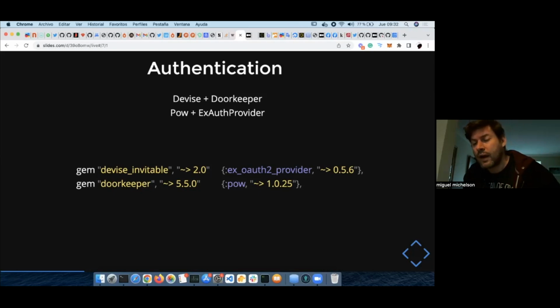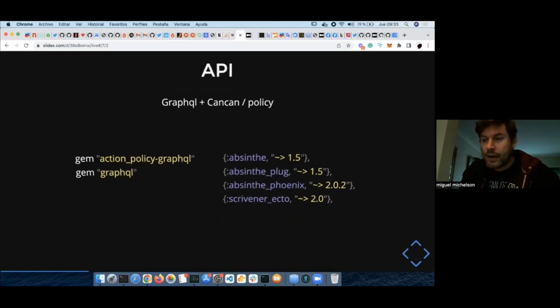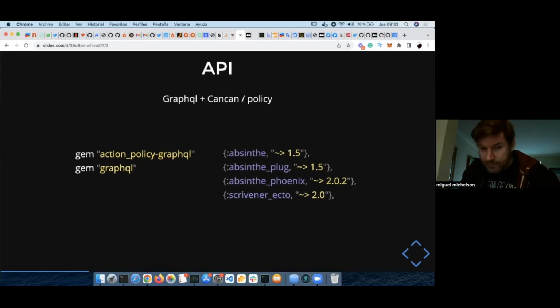This OAuth 2 provider is really important for my application because it allows users to log in, but also allows external applications that communicate via the API to log in. I found the equivalent in Elixir, so this was great. Then we have the API, and in the API we use GraphQL. So of course I found the great Absinthe library, which is really a pleasure to work with.